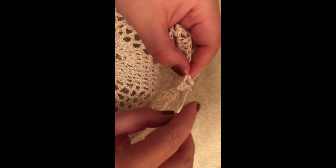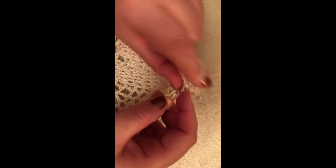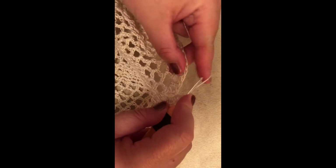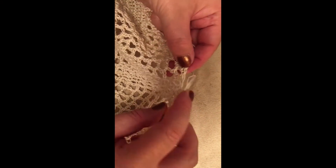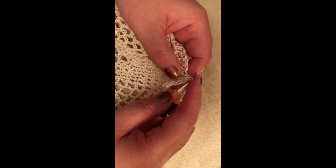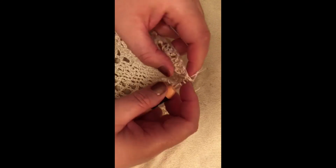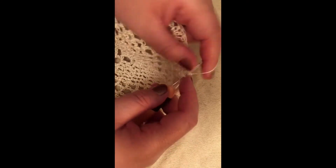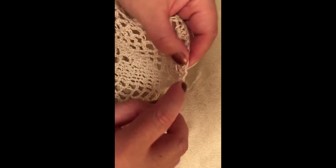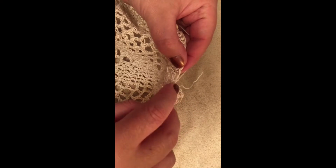chain 1, another double crochet right back into that same stitch, skip 2, 1, 2, and do a single crochet, no yarn over, into that 3rd stitch. So insert your hook, pull your yarn through, yarn over, and pull through 2, yarn over, skip 2, 1, 2, into the 3rd stitch, insert your hook, pull up your yarn over, pull through 2, yarn over, pull through 2, chain 1, another double crochet into that same stitch, chain 1, another double crochet into that same stitch,